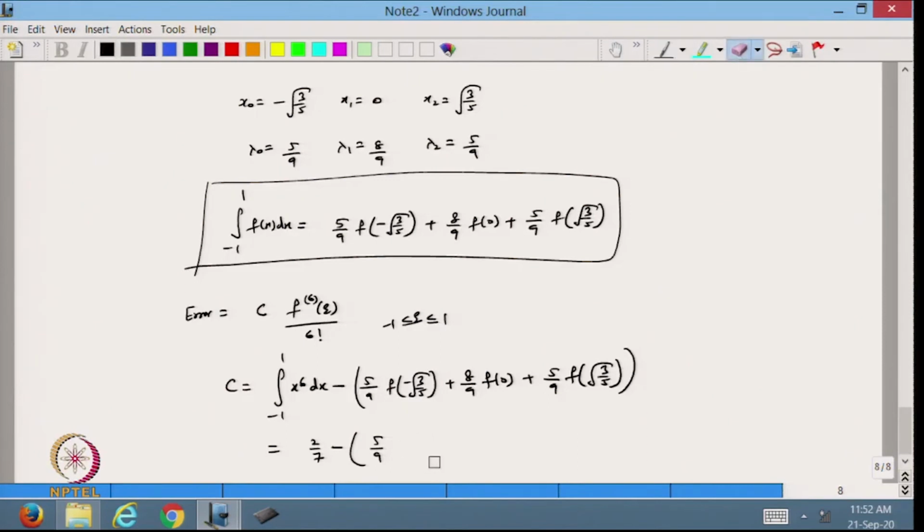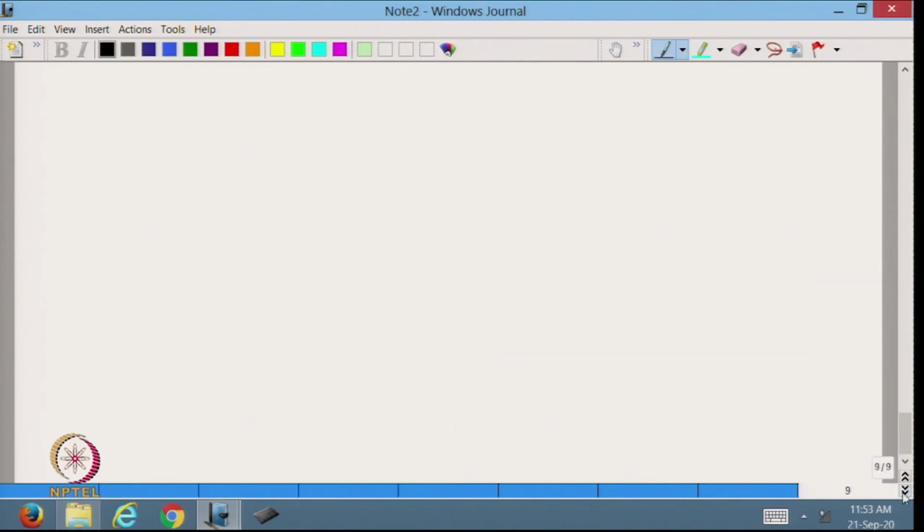So, this will be equal to minus square root of 3 by 5 to the power 6 plus 0, so it will be 0, plus 5 by 9, and this will be square root of 3 by 5 to the power 6. So, this one we want to calculate, and if I do the calculation for this one, it is coming equal to 8 by 175. So, from here I can say that the error corresponding to this will be